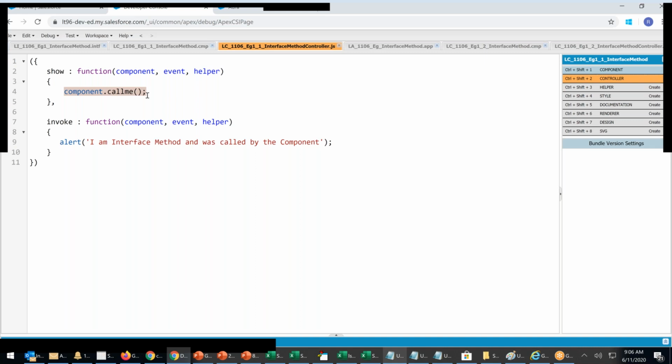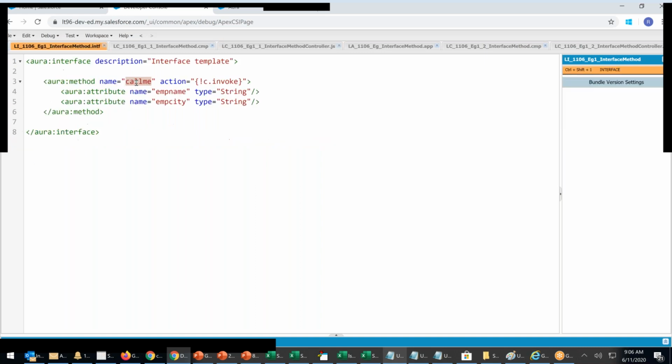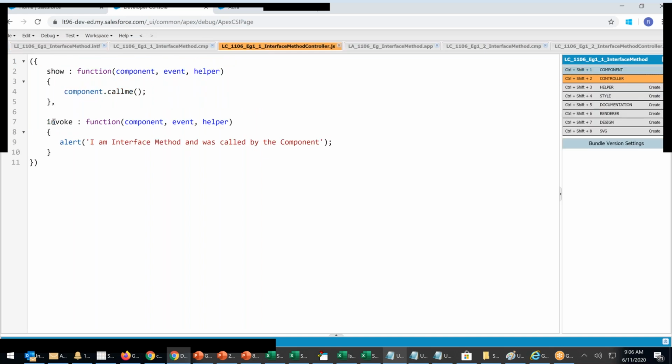It will call that method. Call me is the method name. I should have given a better name there, like interface method. Whenever you call that, it immediately invokes an action. Where is that action? That action is here.